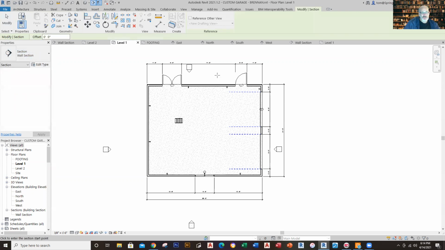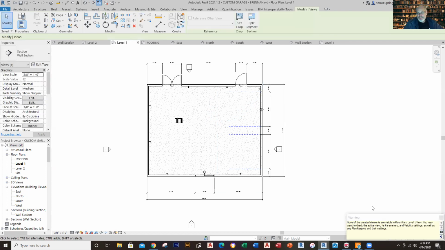What I'm going to do is click right here and pull it straight down, like I did right here. Boom, boom, like that. And when I did that, it's not visible because I have it turned off. It says none of the created elements are visible in floor plan level 1 view. You may want to check the active view, its parameters and visibility settings, as well as any plan regions and